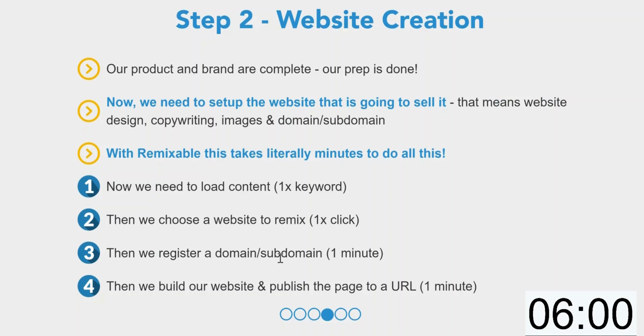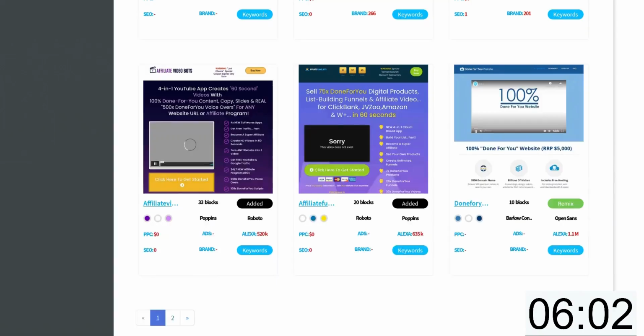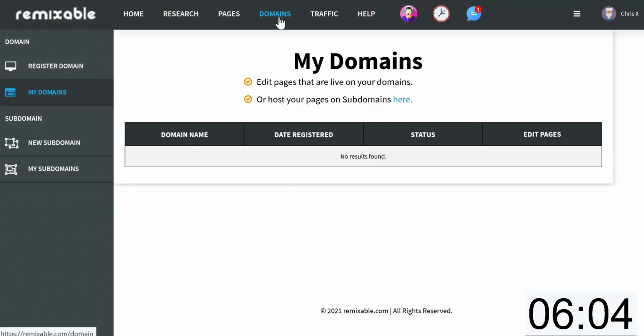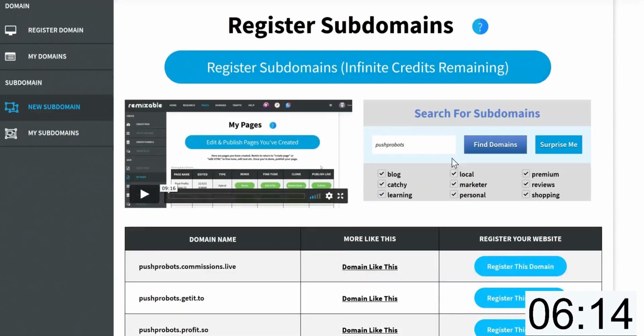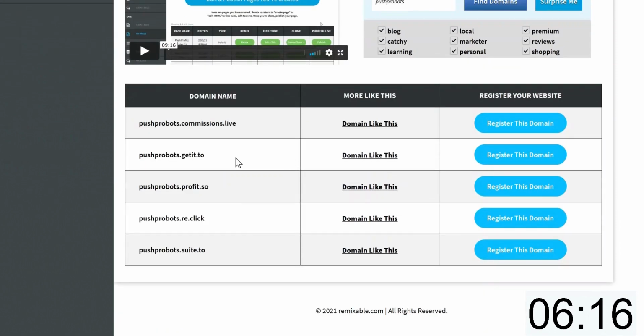Now we need to register a domain or subdomain. And to do this, we head over to the domains page. In this case, in the interest of speed, I'm going to register a subdomain. And since this one's called Push Probots, I'm just going to search Push Probots. And you can see we have a few variations that we can run with. So I'm going to run with